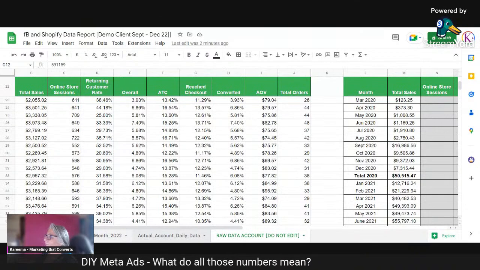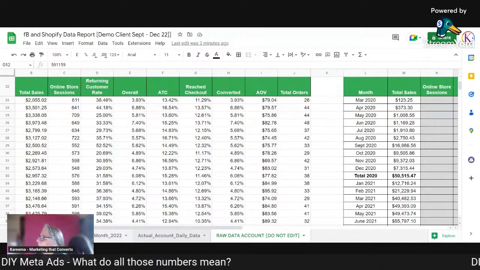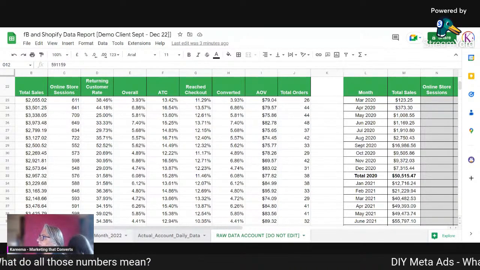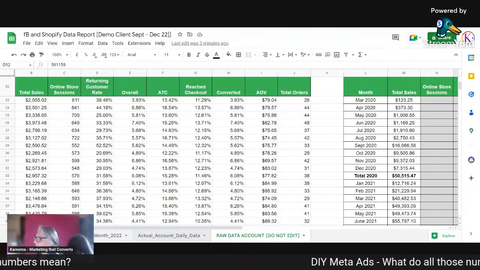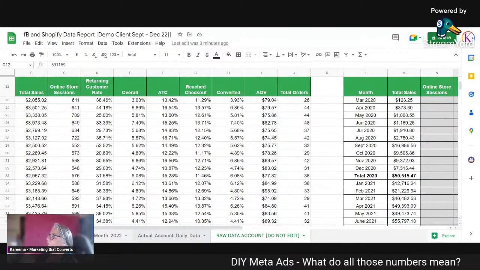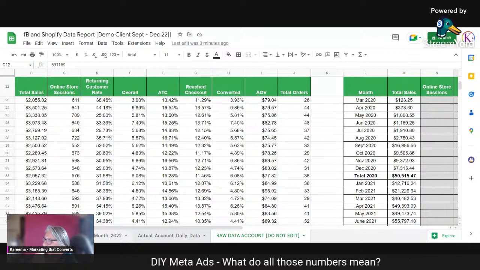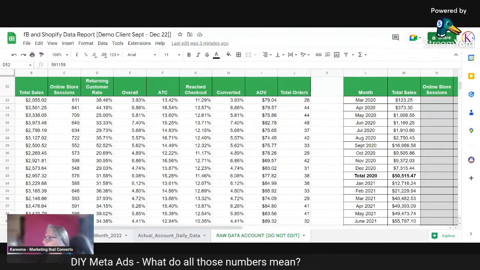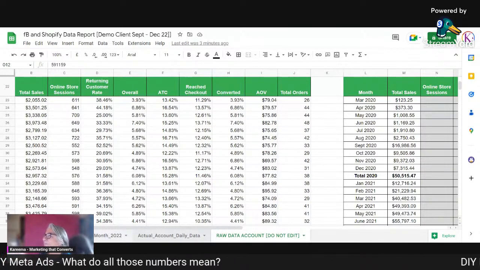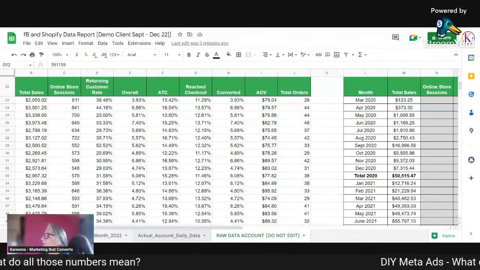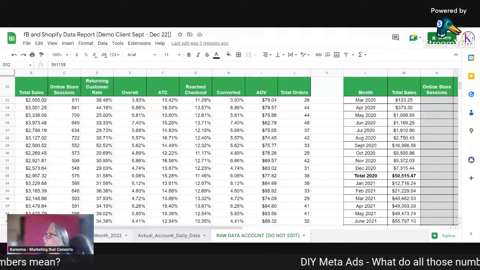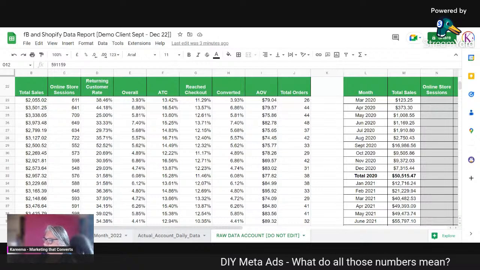And we do know that Facebook underreports conversions across to Shopify by roughly 30%. So around 30% more people are logged by Shopify as having reached the site, and it's a bit hard to compare apples with apples, or oranges with oranges, because in this particular case,